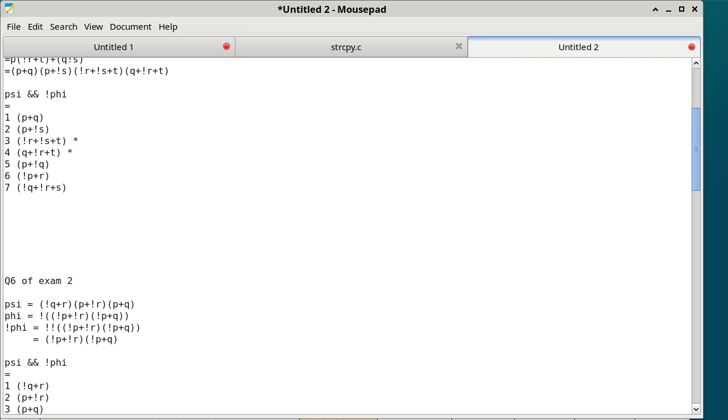So now we can try a very systematic approach. We can now say, okay, what can one resolve with? 1, 2 cannot resolve. 1, 6 can resolve. Okay, so number 8 is resolving 1 and 6, and 1, 6 resolves to P or R. There we go. Nope, I take it back. 1, 6 resolves to Q or R. There we go, because we're getting rid of P. And that's all we can do with